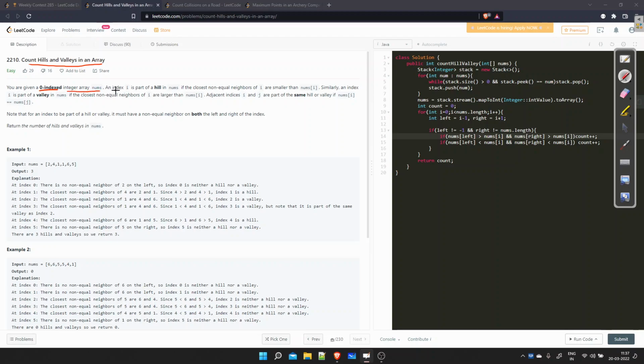nums, and index i is a part of a hill in nums if the closest non-equal neighbors of i are smaller than nums[i]. Similarly, an index i is part of a valley in nums if the closest non-equal neighbors are larger than nums[i]. Adjacent indices i and j are part of the same hill or valley if nums[i] and nums[j] are equal. So basically, what it is saying is you will be given an integer array nums where